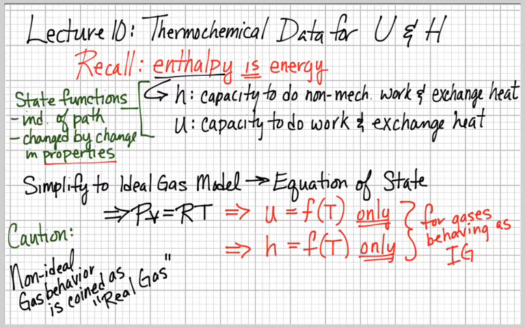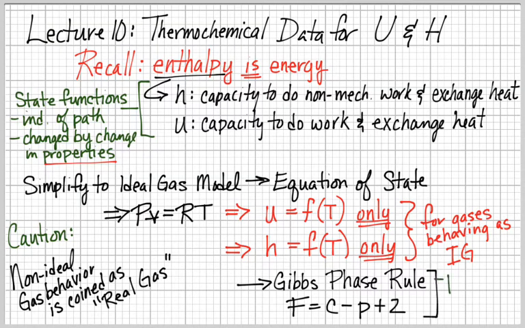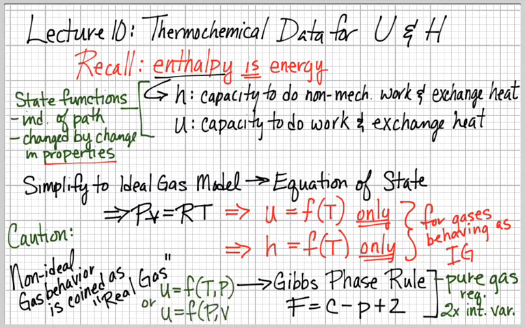We can have atmospheric nitrogen surrounding us right here, behaving as a non-ideal gas, and that gas is real. It just obeys that model. So just be a little bit aware of a language twist here. Non-ideal behavior gets listed as a real gas, but all of our gases are going to behave according to certain models. Now, in that non-ideal gas behavior, like water vapor, we could look exactly at Gibbs phase rule,